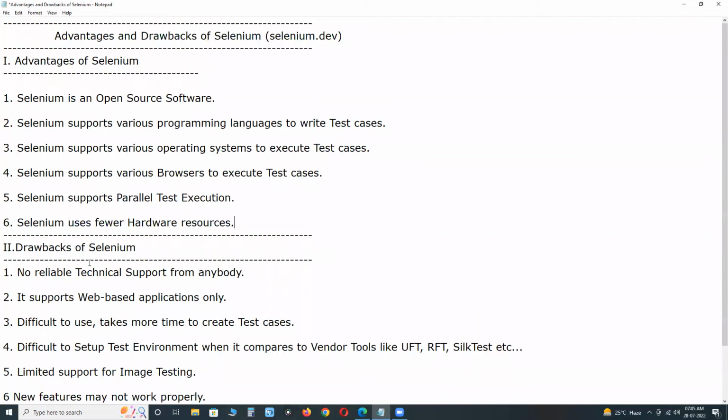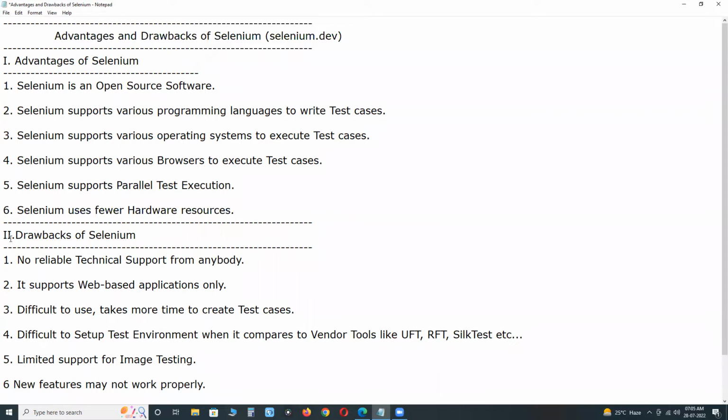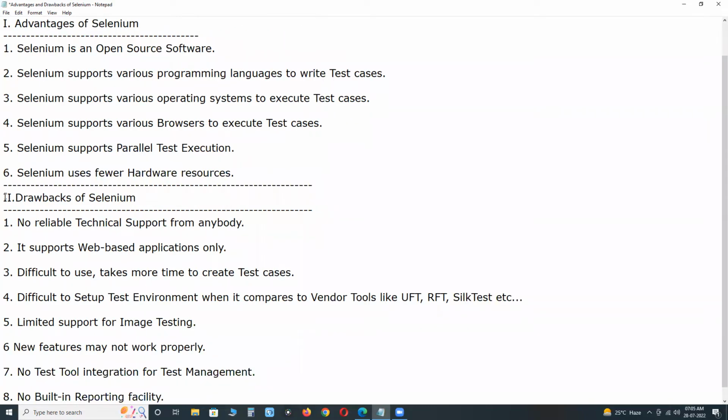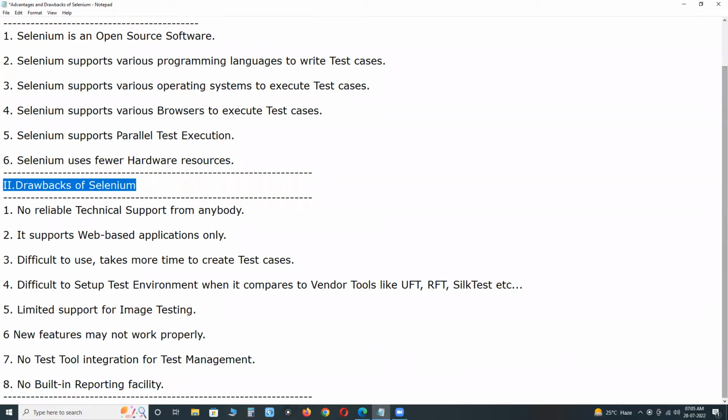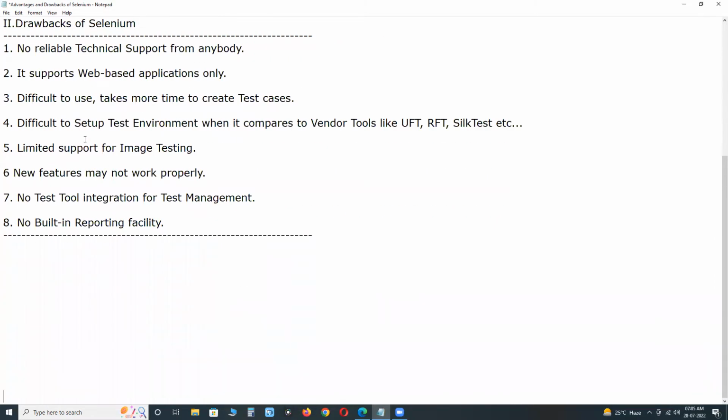Next, other advantages also there. These are the important advantages. Next, second part in this video, drawbacks of Selenium. See, first drawback, no reliable technical support from anybody. Since it is an open source tool, open source software, you can't get reliable technical support. Suppose you get stuck in the middle of your project automation,